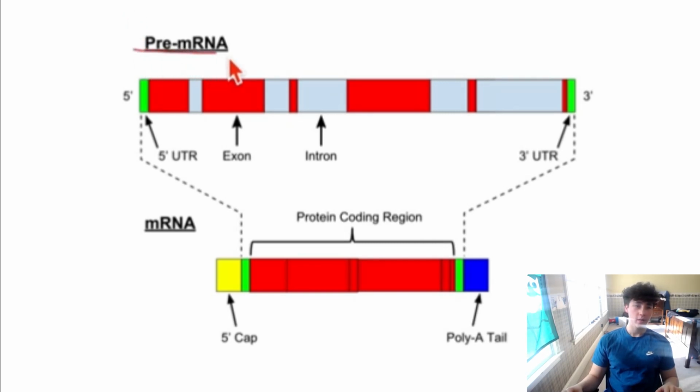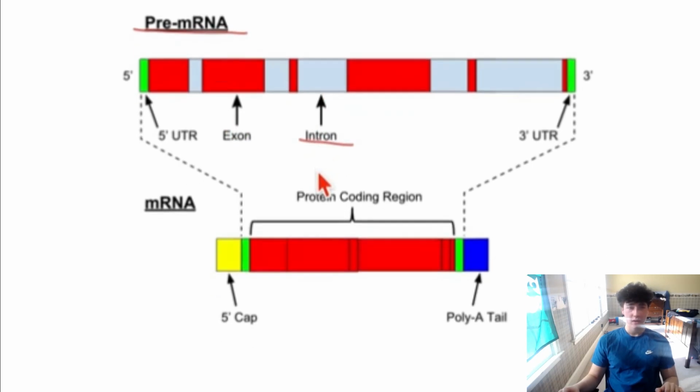Now, in that process we create something called a pre-mRNA strand. Now, what that simply means is that it has some junk portions on it, which are called introns. So introns are segments that don't really code for anything, and the only reason why they're there is to decrease the risk of errors happening. So what's going to happen is these introns will be identified, and they'll be cut out by an enzyme called